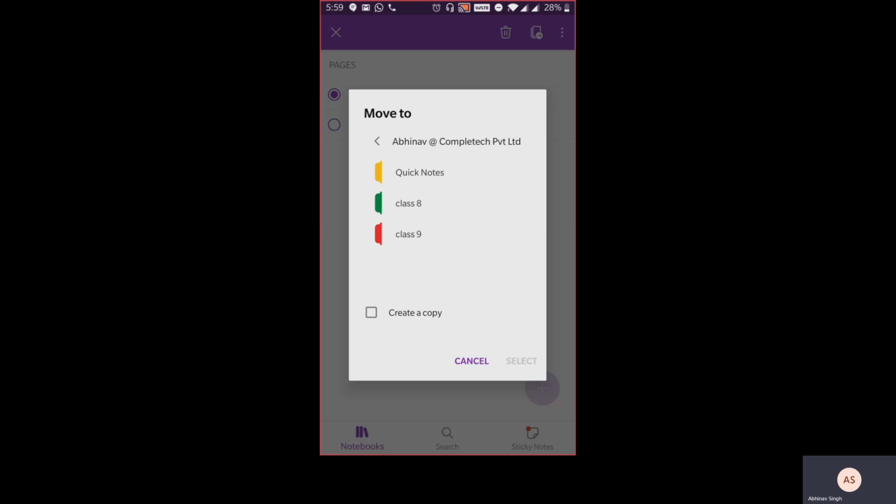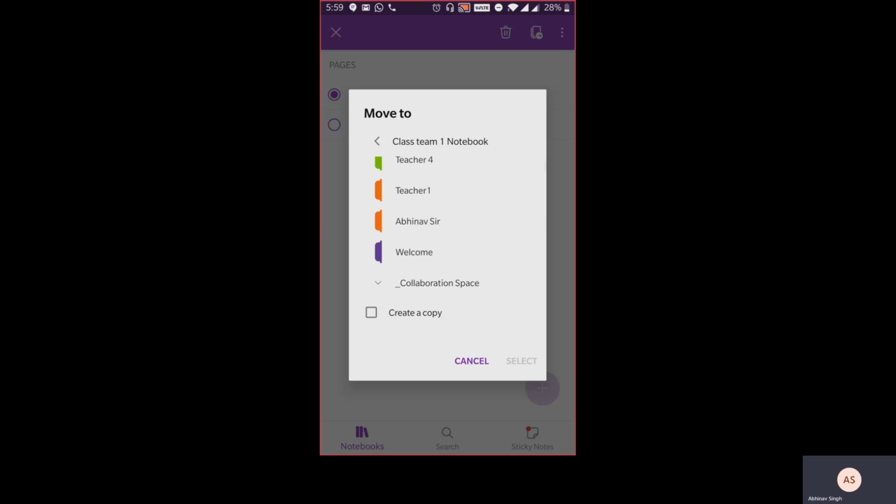So I click on the back arrow below move to, and I'm presented with the list of notebooks that I have as a destination. I'm going to choose my class notebook with the name Class Team 1 Notebook. I click on that and I get all the sections available in that particular notebook. Now notice that I have multiple teacher sections. So ideally I should be putting this page into my teacher section.